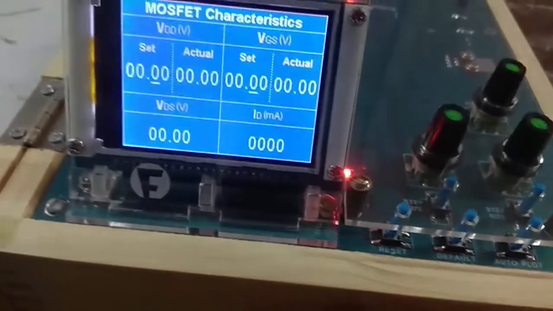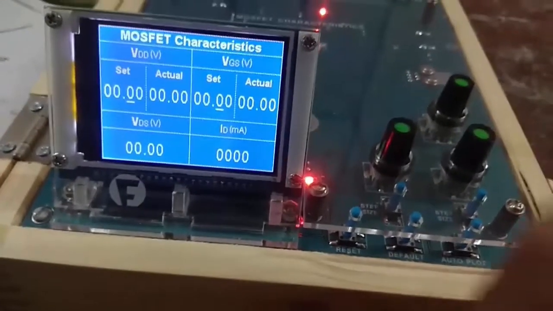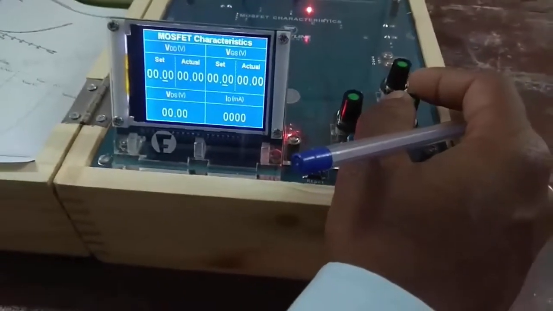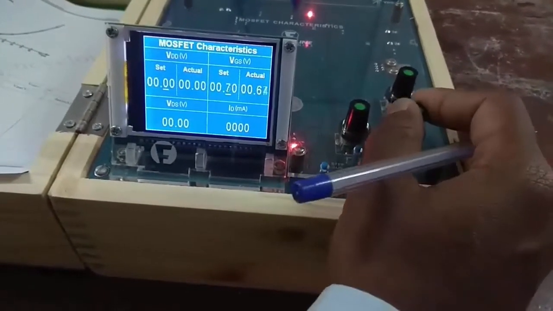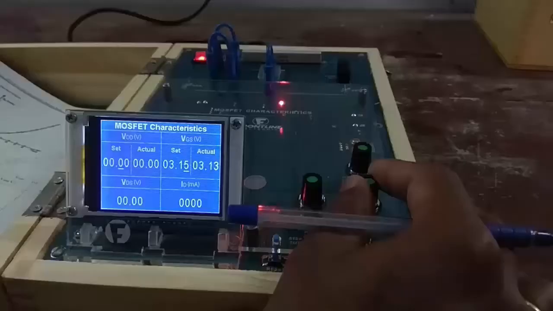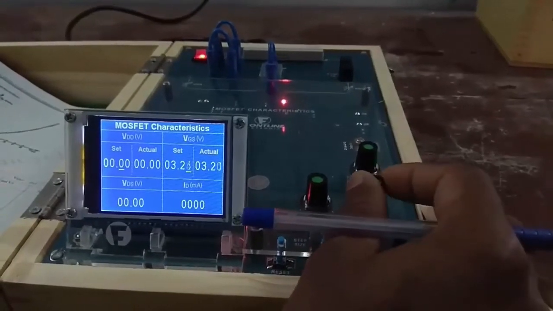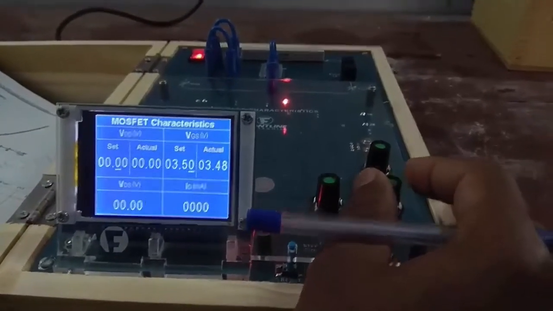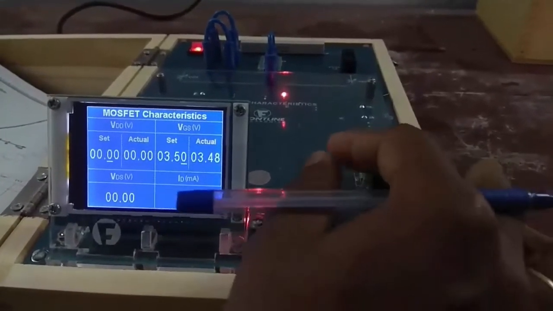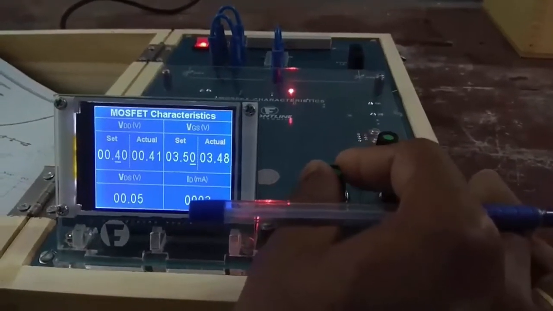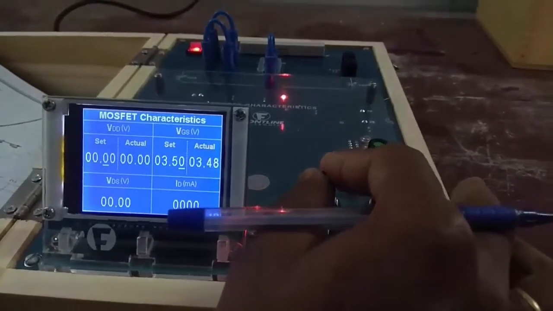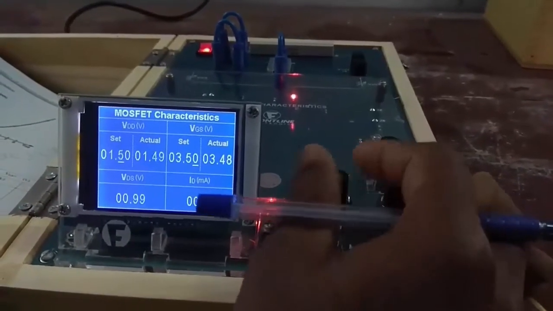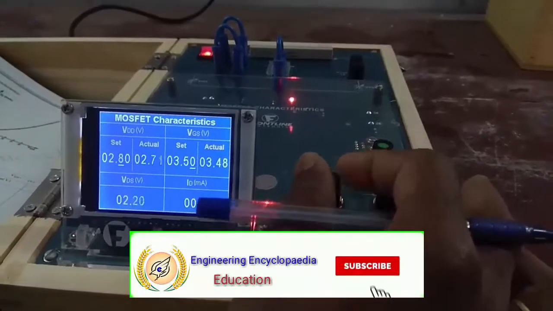Initially, I take output characteristics by varying VG. Initially, fix this VGS value to 5 volt. Set VGS to approximately 3.5. Then vary the VDS and take the output characteristic reading,